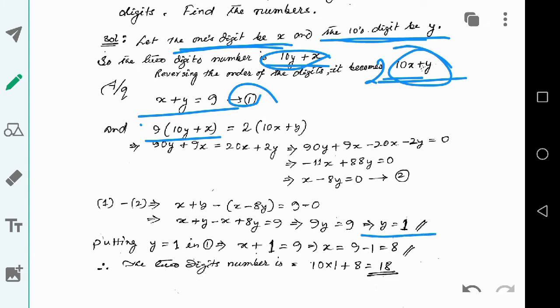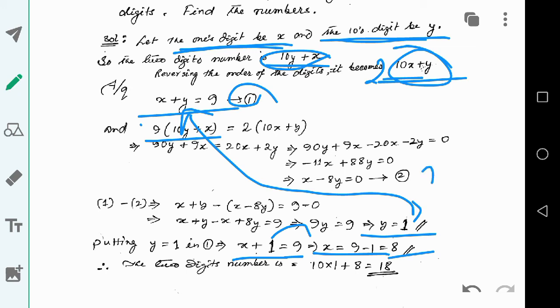Then putting the value of y in 1, I have used the value of y in 1. Here just replace the y by 1. Then we will get x plus 1 is equal to 9. Now 1 is transferred to other side, then x is equal to 9 minus 1, which is equal to 8. That means x is equal to 8, y is equal to 1, and as y is the 10th